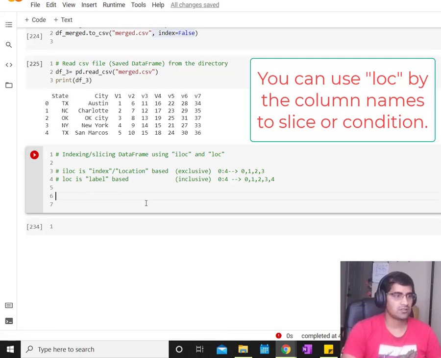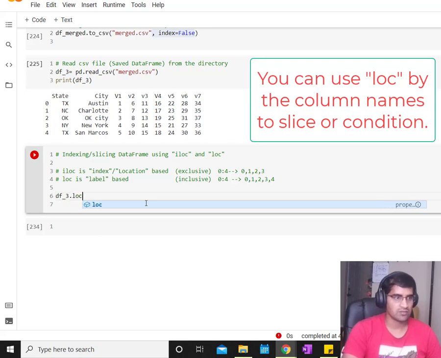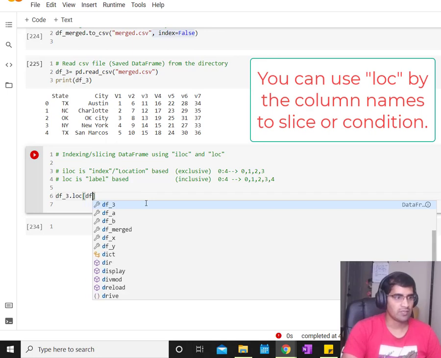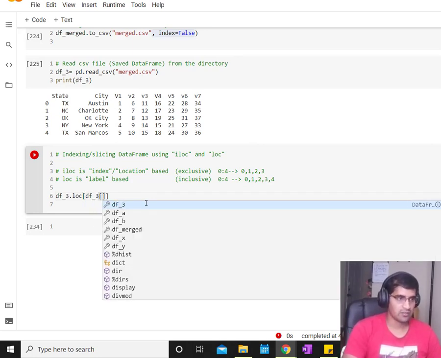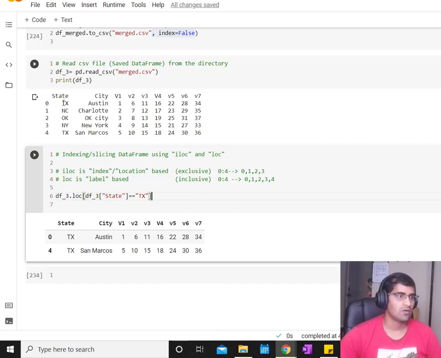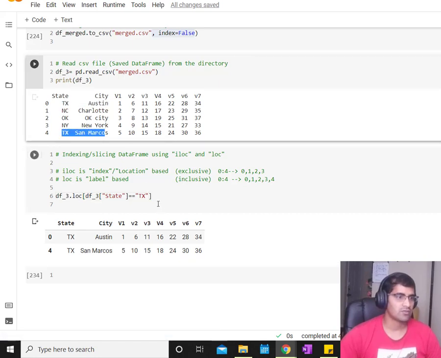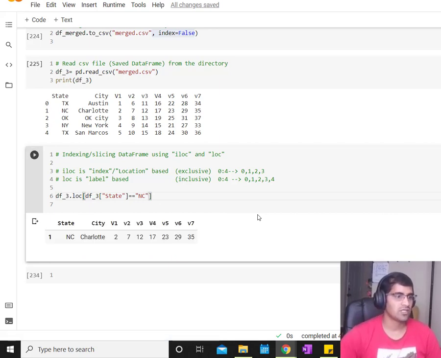In order to do that, df_3.loc, so this is label based, and then from the df_3 where state equals tx. Then press Ctrl Enter. Now you see only Texas Austin and Texas San Marcos are here. Now if it is only NC, only Charlotte should be there, right?